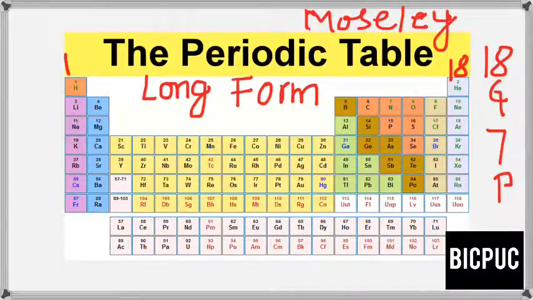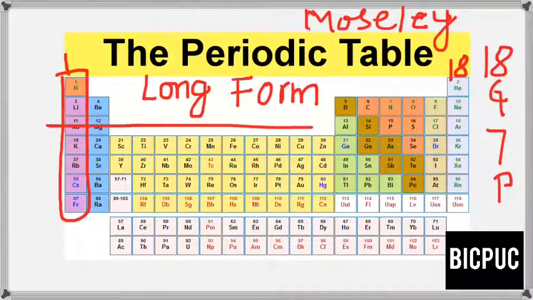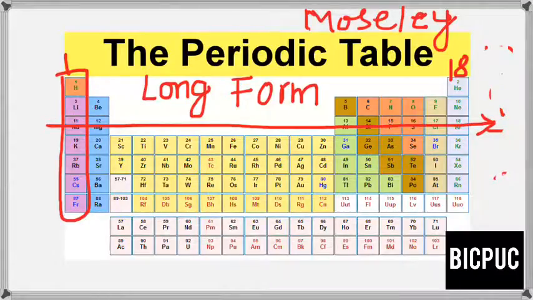The vertical columns are referred to as groups, while the horizontal rows are called periods. The student should have a proper memory of what is a group and what is a period in order to understand the concepts. So, let me repeat: the vertical columns of the periodic table are called groups, while the horizontal rows are called periods. Now let's continue.